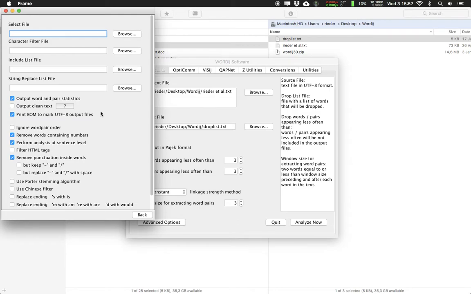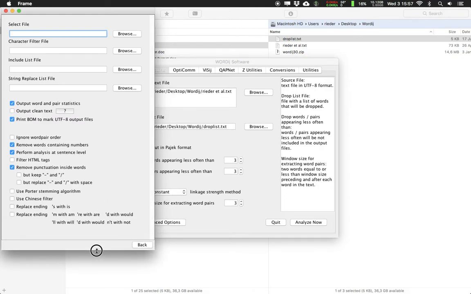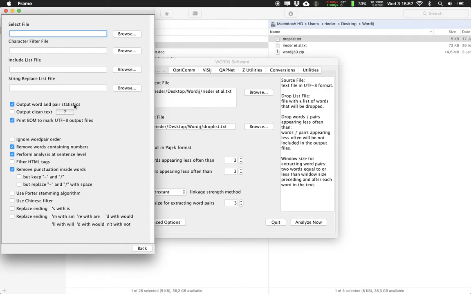So you can have this include list file where you can say, hey, I want you to look only at these files, right? Maybe you have an expert vocabulary and you only want to ignore everything else. So that can be quite interesting. So lots of interesting possibilities. And then basically you have some other options here, some of them kind of technical,